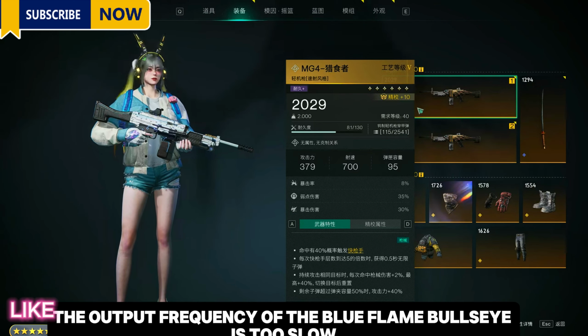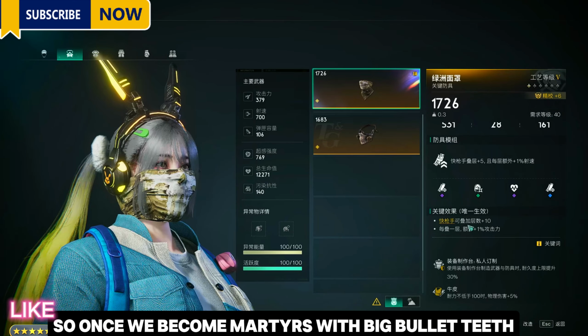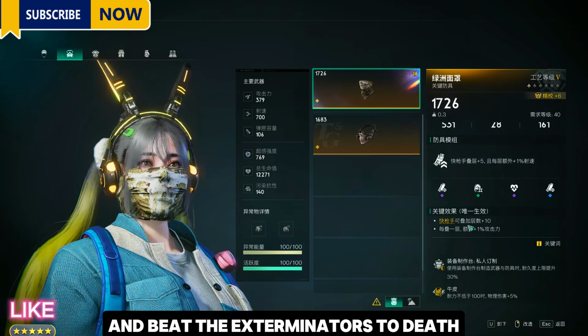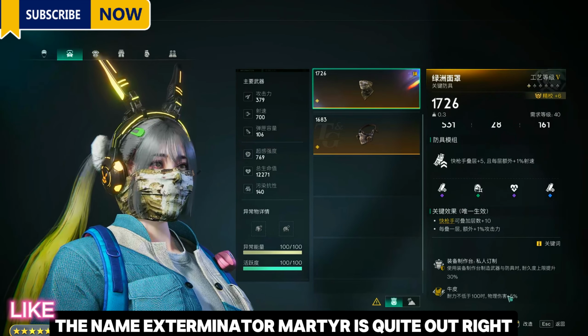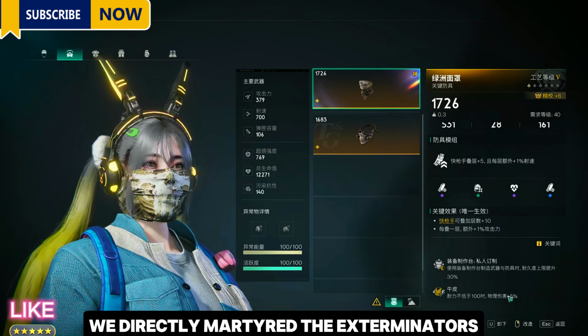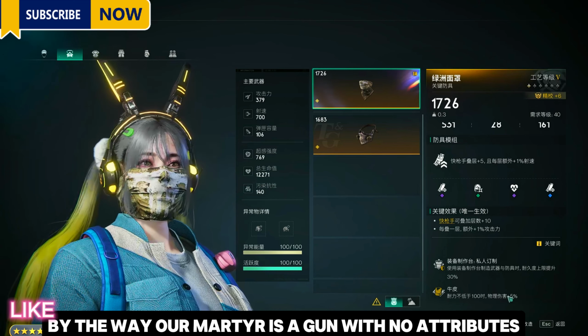The output frequency of the blue flame bullseye is too slow. So once we become martyrs with big bullet teeth, we will definitely beat the martyrs and beat the exterminators to death. The name Exterminator Martyr is quite apt, right? We directly martyred the exterminators and beat the exterminators until they were truly exterminated. By the way, our martyr is a